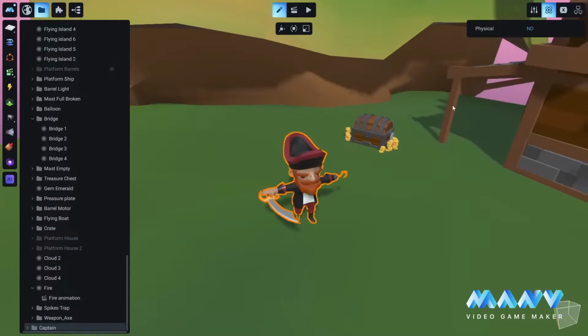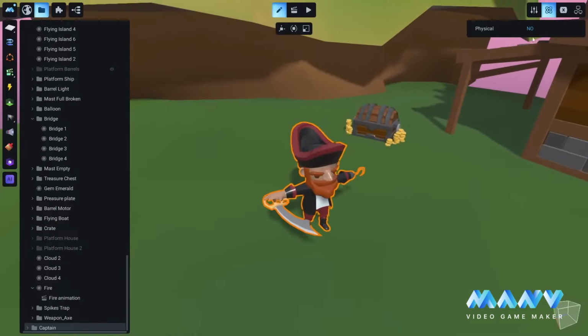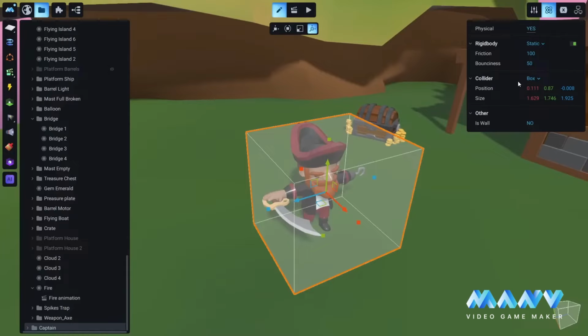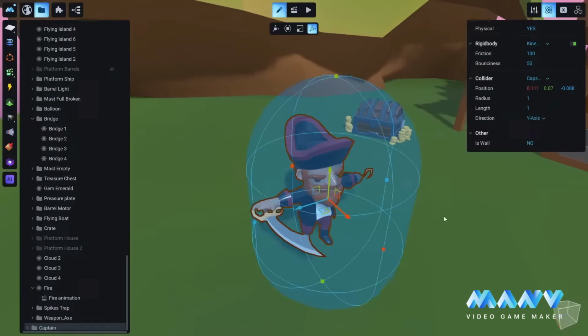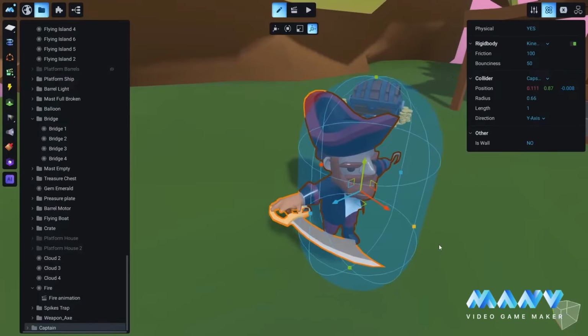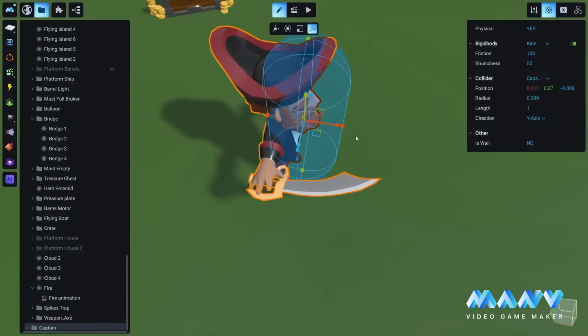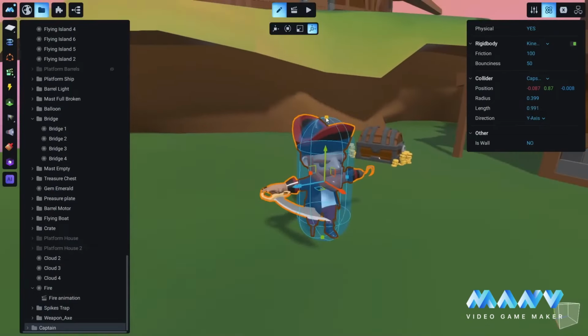First of all, let's give some physical properties to it. The captain should be able to move, and so we will make him kinematic, and of course not a box. Let's choose a capsule, which is in my opinion the best shape for NPCs. Okay, let's move like that for a while,